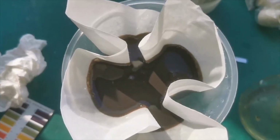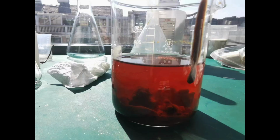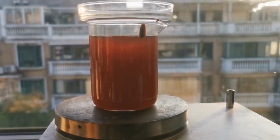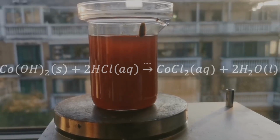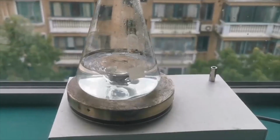I combined both portions of the mixture, filtered them, and washed the precipitate. And this is the final yield of wet cobalt hydroxide from the acetate and chloride portions, which represents around 12 grams or 60% of the magnet's weight. I then added 150 milliliters of hydrochloric acid to redissolve all this precipitate into cobalt chloride, which I can then recrystallize. Unfortunately, after the two acid dissolutions, there are still 8 grams of the magnet left undissolved, so I quickly